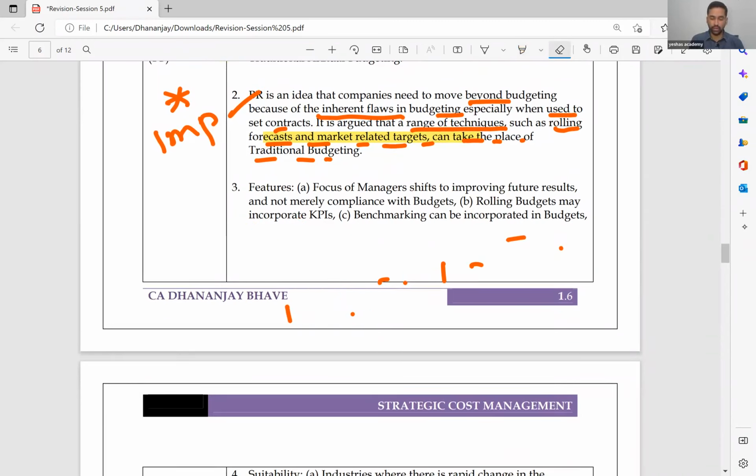Some of the features of beyond budgeting. See this. Focus on managers' shift to improving future results and not merely compliance with the budget. In traditional budgeting,